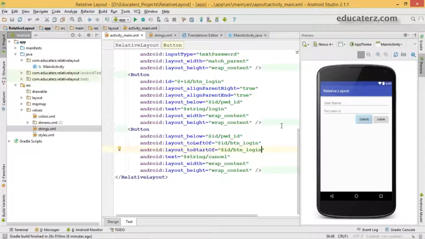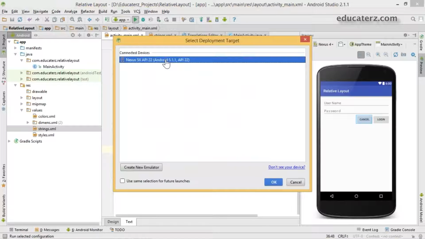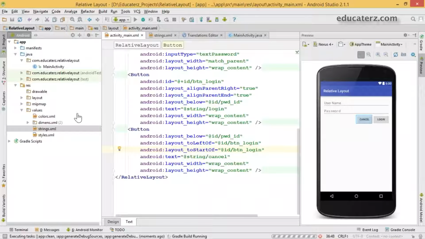Let us see how it is going to look in the Android virtual device. Just go to your menu bar and click on the run button, or else you can click Shift F10. I'm simply using the direct button. The connected device is Nexus 5X. Click on that. It will take a few seconds to load onto the virtual device.